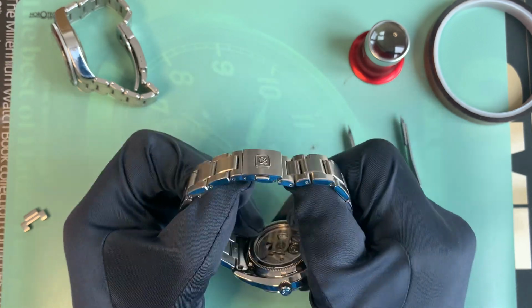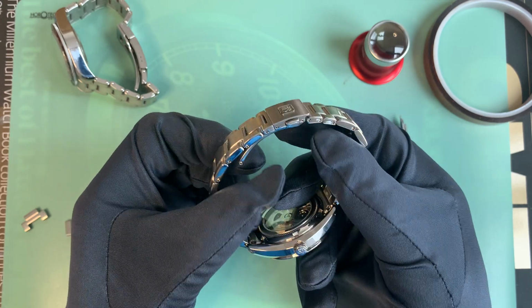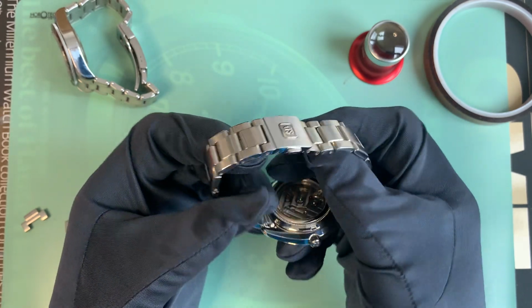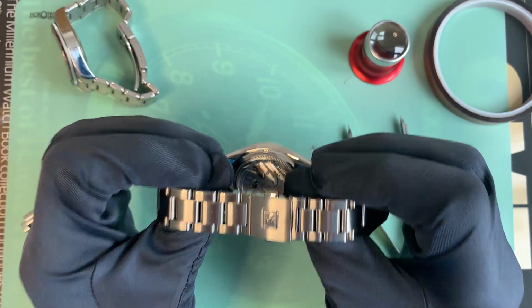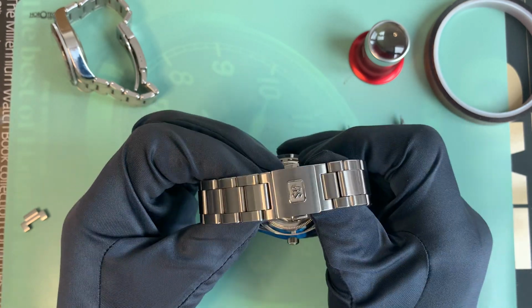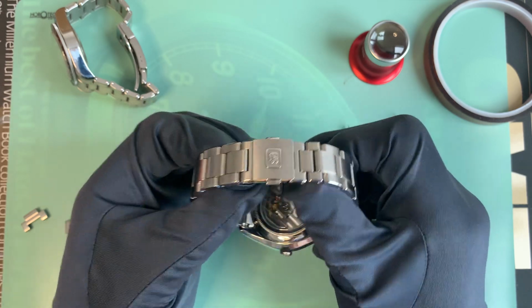These screws are a pain. They're tiny. It's a bit of a painful bracelet to adjust. And that would mean that there would be no full links in here. There'd be 7 half links, which would look awful, I think. It would feel like a bit of a bodge, but